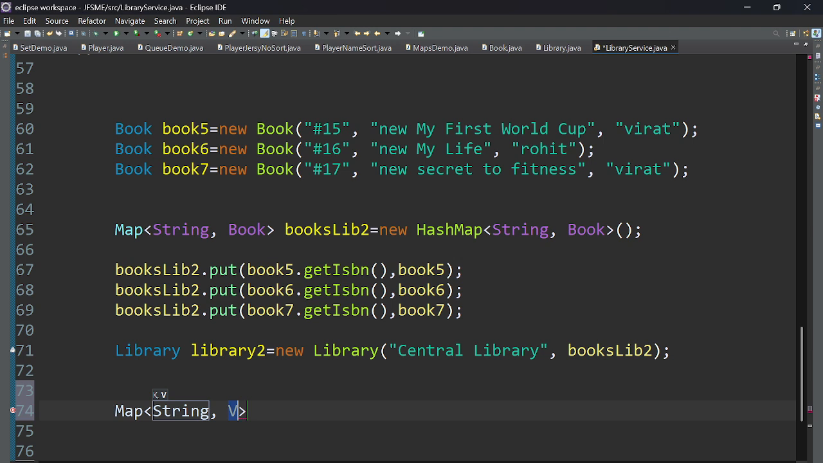Since there are multiple books available in the library, I cannot just write it as Book. If I write it as Book, it will hold only one single book. What I want is for this value to hold multiple books. So I will be creating this second concept as a List of Book. I can go for an ArrayList, or any type of list of Book is what I am looking for. So let's call this libraries is equal to new